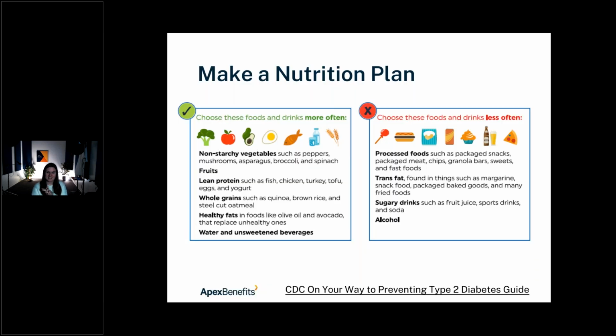Making a nutrition plan, the guide attached has fantastic resources, especially when it comes to portion sizes. That's always something we talk about. When we talk about diabetes, it used to be you can't eat any carbs, eliminate all carbs from your diet. It's going to solve all these problems. But the reality is there's still going to be a lot of foods that you love that have carbs in them. So it's all about portion and control and knowing what your sugar levels are.